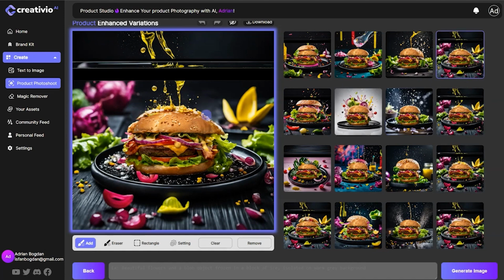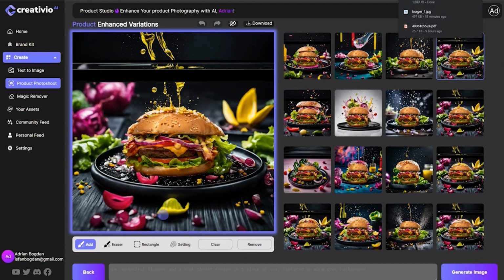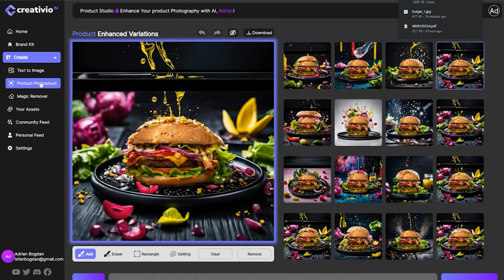And boom, look at that. In just one go, I was able to fix the image and create something very beautiful for our new burger. You can see we have 4 variations you can choose from. Not always you're gonna get this, but this image is actually looking very good. You can go ahead and just download the final image generated. So yeah, this is basically a product photo shoot